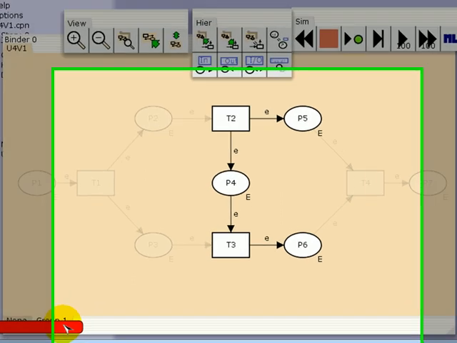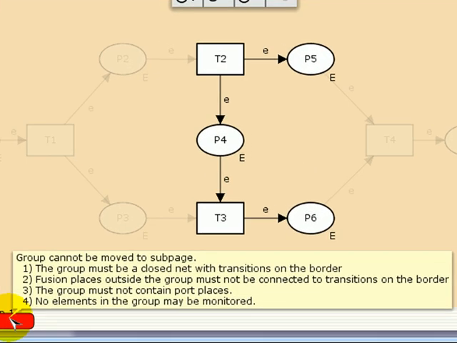This is an error message. This is an indicator for an error message. If you take the pointer on top of it, a call out appears, which tells you about the error. And if you read it, one of the possible reasons for this error would say that we have something which is a border element and it is not a transition. Okay, so